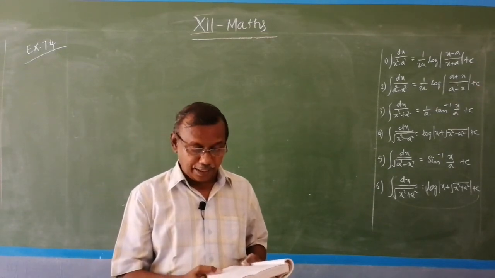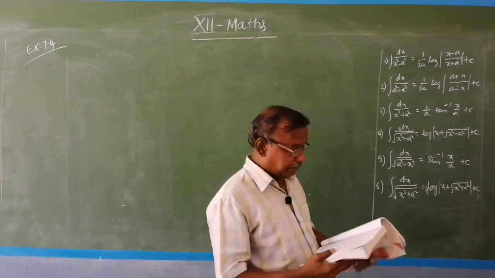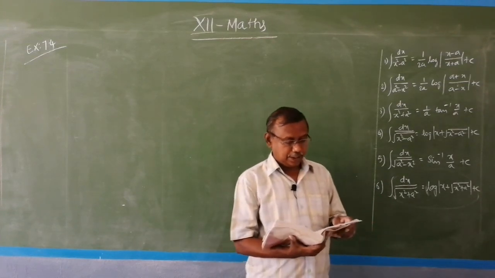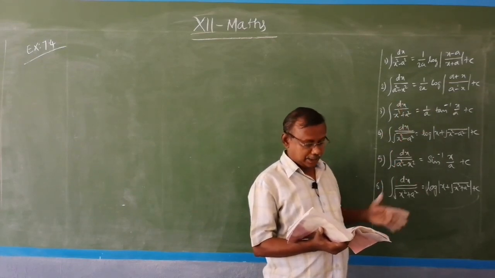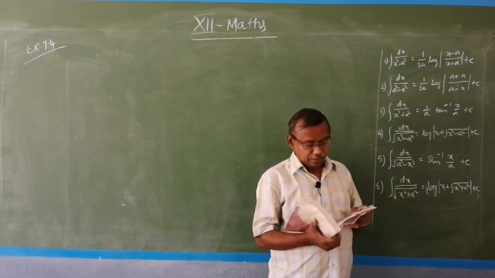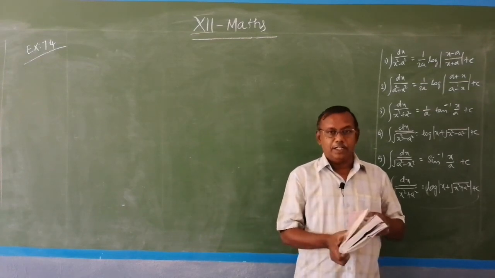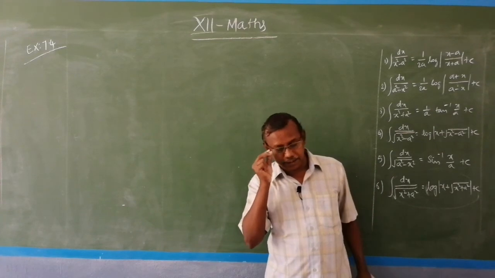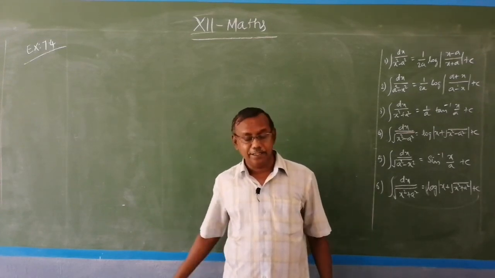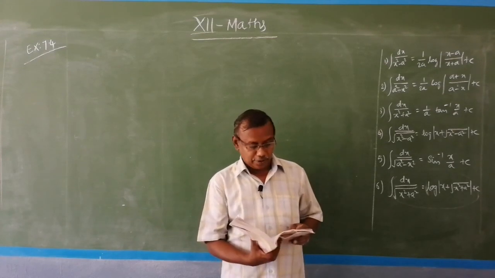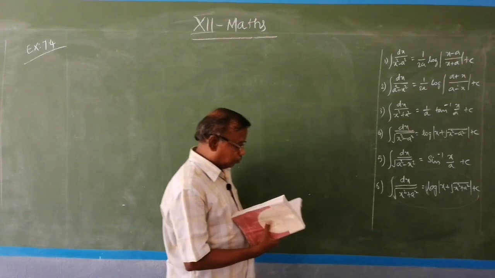So we can either simplify or directly give it in the formula type. From question 10 we have to convert this quadratic equation into any one form of this. So we have to first simplify the given quadratic equation. We have already learned in the 10th standard the completing the square method, that only we are going to apply here, and using that we have to convert into standard form, then we can integrate based on this formula.